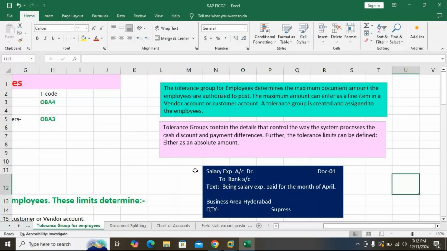T code you must write is OBA4 for tolerance. I want to send you one T code list. I'll be sending you on Monday. Maybe after the class, I'll send you the chart of accounts. But how to use it, I'll show you on Monday.